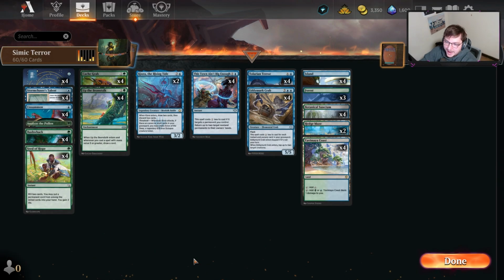Everyone, and welcome back. Today we're going to be playing this Simic Terror, Simic Crab Spellslinger deck that's more of a tempo deck in Simic, and I think it's probably arguably one of the best Simic decks that you can be playing. And it also has a really good budget to it,